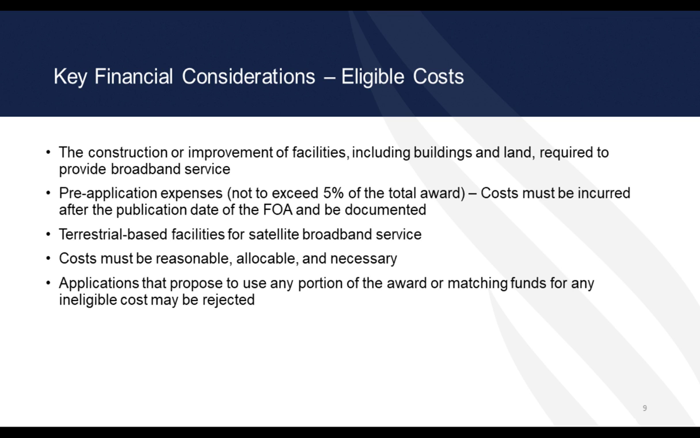Eligible costs must be consistent with the cost principles identified in 2 CFR 200 Subpart E, and all costs must be reasonable, allocable, and necessary. Award funds may be used to pay for the following costs: the construction or improvement of facilities, including buildings and land required to provide broadband service, and reasonable pre-application expenses, which are not to exceed 5% of the total award. As previously stated, these costs must be incurred after the publication date of the FOA, December 12, 2019,